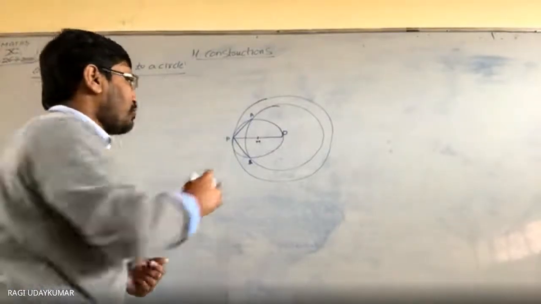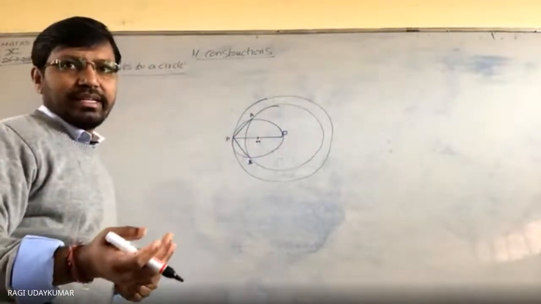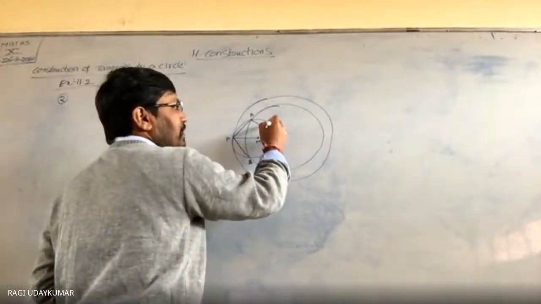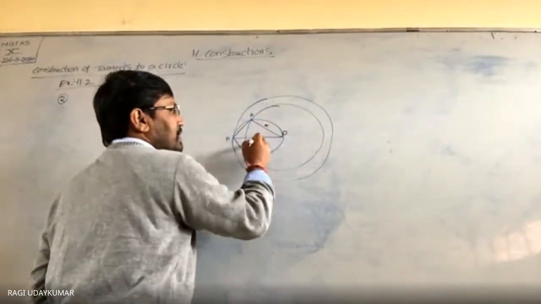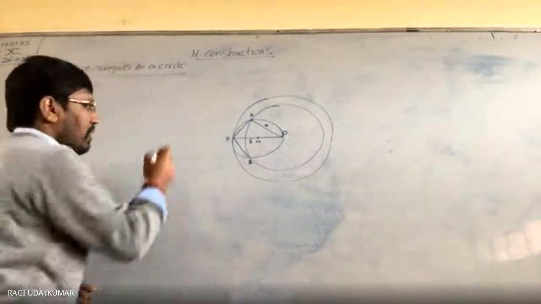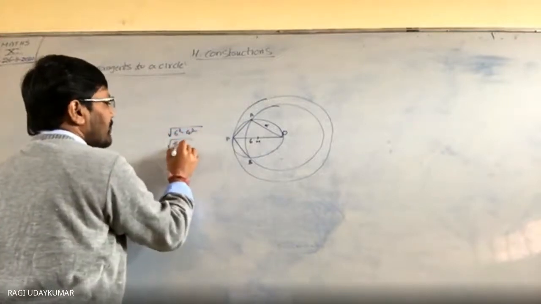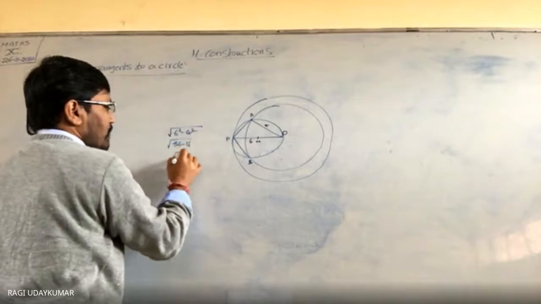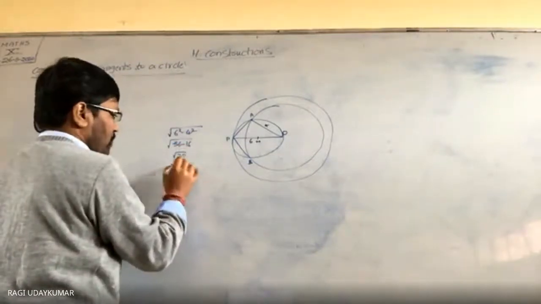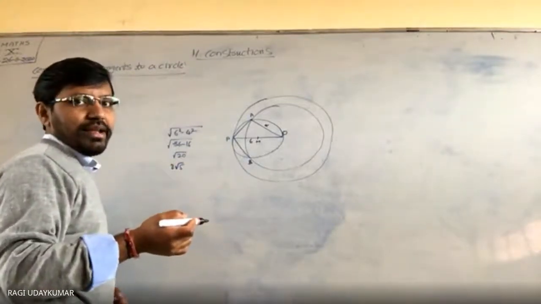And here it asks you to find the original length and also verify the measurement by actual calculation. Here it is given that this is 4 centimeters. This is 6 centimeters. How much is this length? Can anyone say? Under root of 6 square minus 4 square. Under root of 36 minus 16. Under root of 20. So 2 root 5. 2 root 5. Root 5 value? Does anyone know the root 5 value?